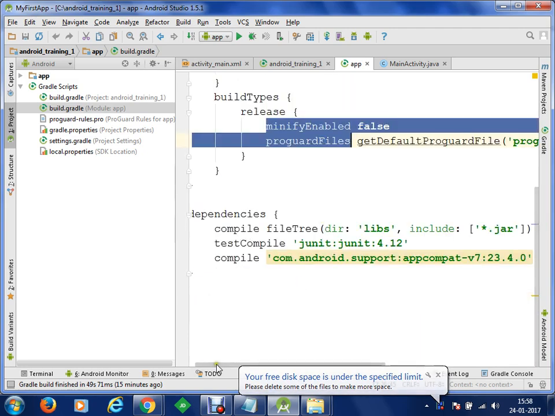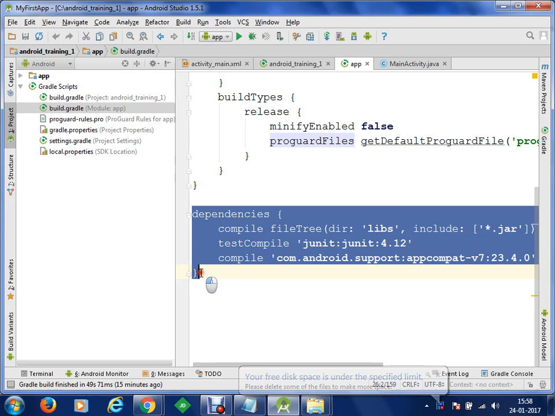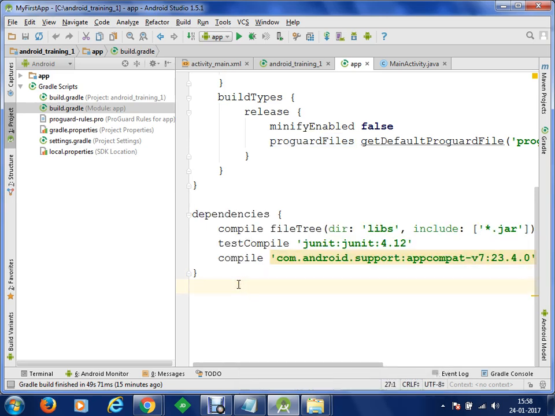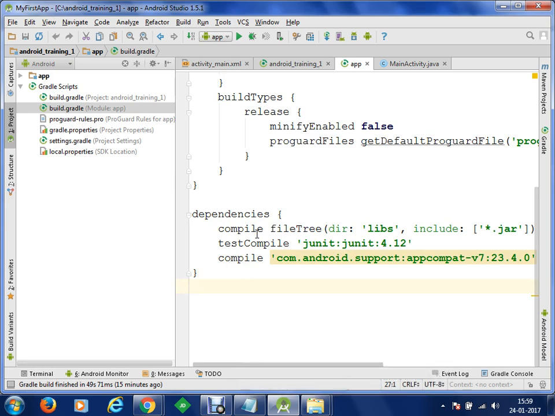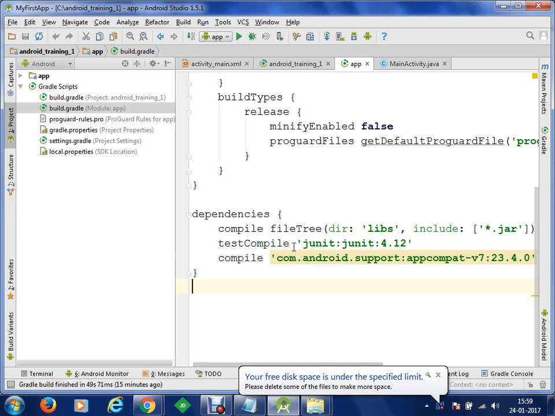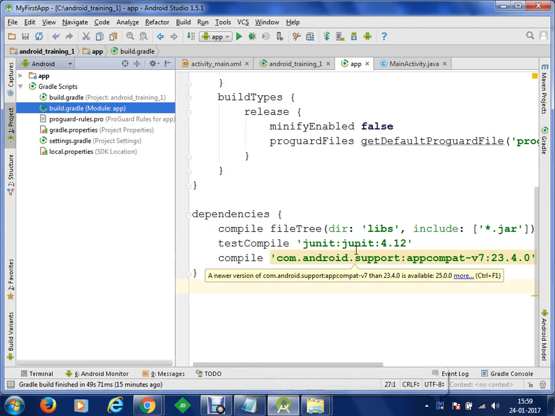And here at the bottom, you can see that you have some dependencies. Okay. Dependencies means there may be some libraries which are required for your project. Okay. And you can use those codes once the libraries are available within the dependencies section. Okay. Let's say I was talking about Picasso. So in case if you want to use any of the Picasso's algorithm or feature in your application, so you should have the Picasso library in your dependencies here. Okay. So using this build.gradle, we manage our Gradle part, the third party libraries which we want to integrate in our Android application. Let me just give you an example.